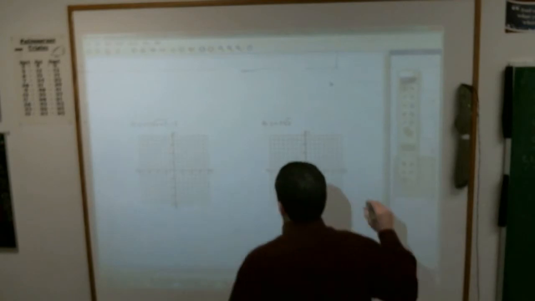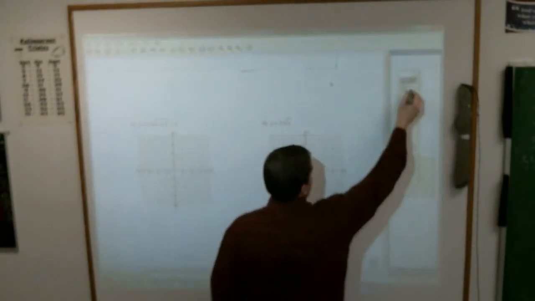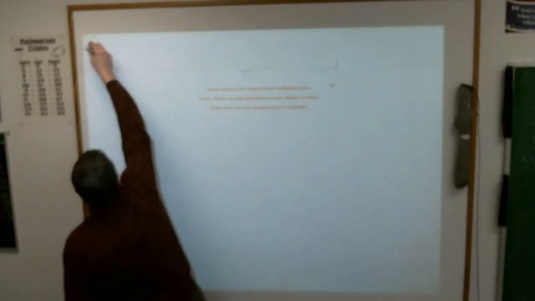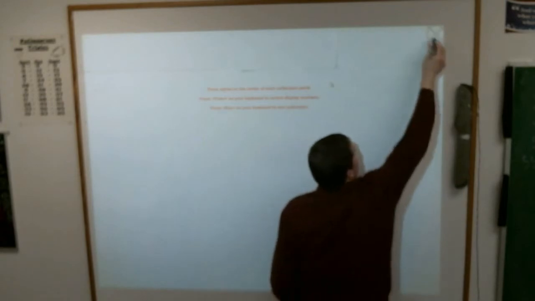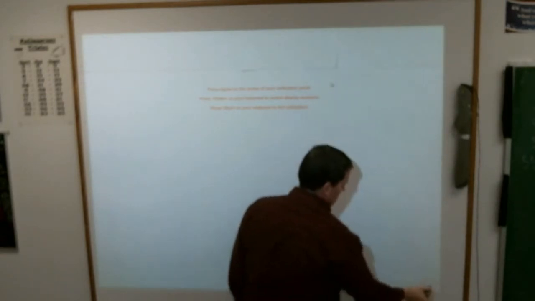Reader's Digest. We're not going to do a ton of these, but I want you to be able to see it. The only difference is it asks you to give both the domain and the range for these, so it will take you just a touch bit longer. There we go. The exact same rules apply to graphing